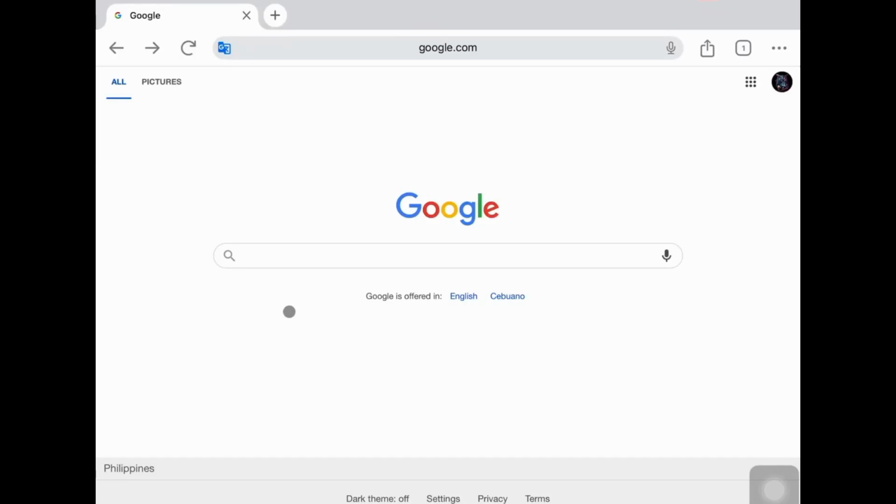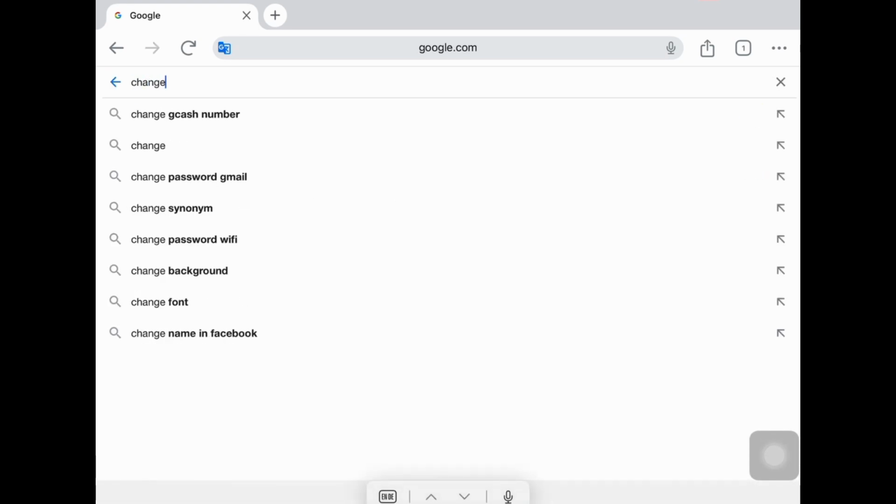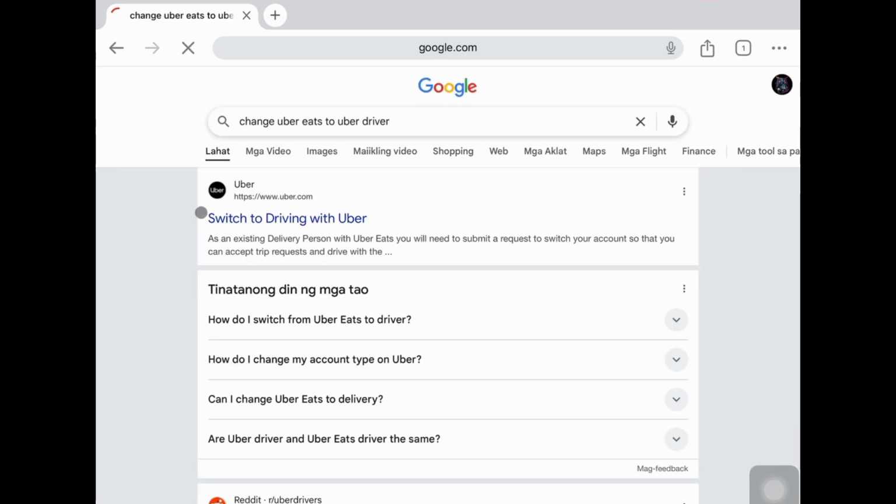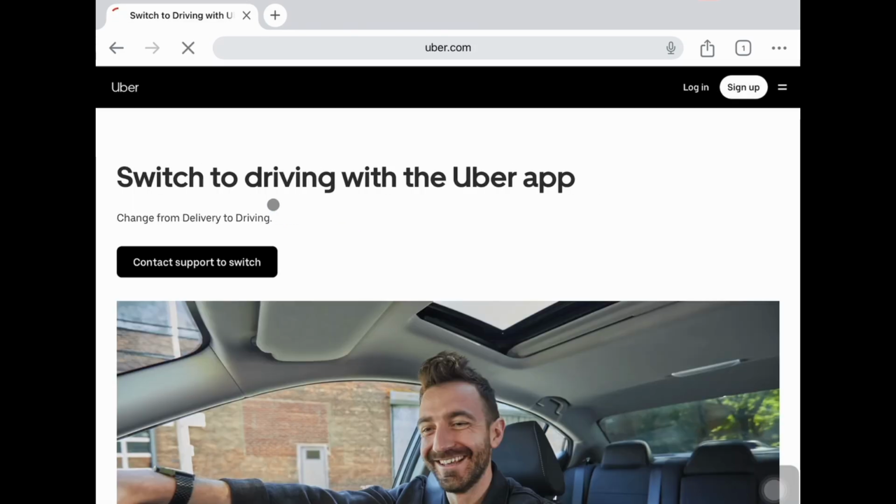I'm gonna show you how to change from Uber Eats to Uber Driver. Choose any browser of your choice, and then from there you have to type "change Uber Eats to Uber Driver," and then click on the first link, "switch to driving with Uber," and then you will be redirected to the